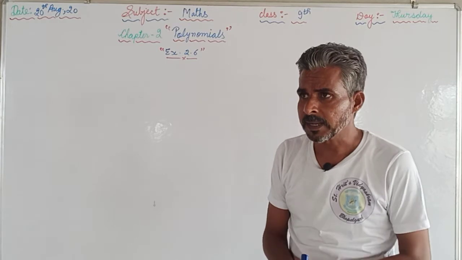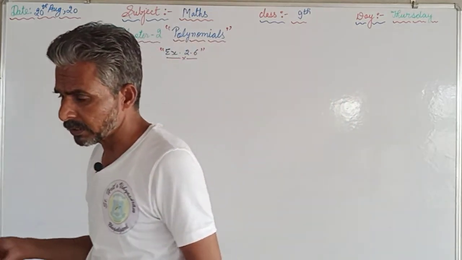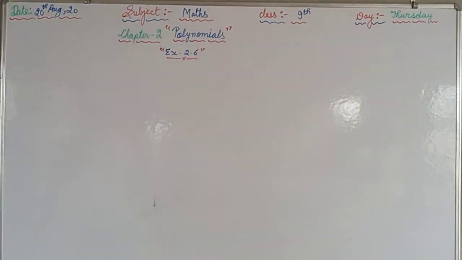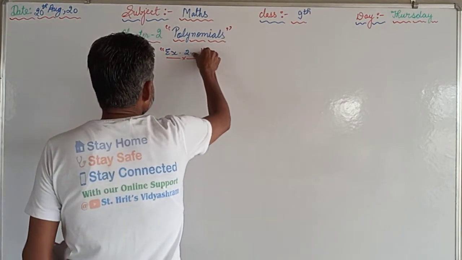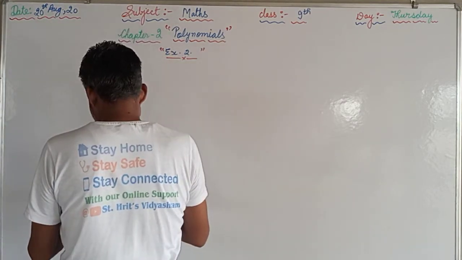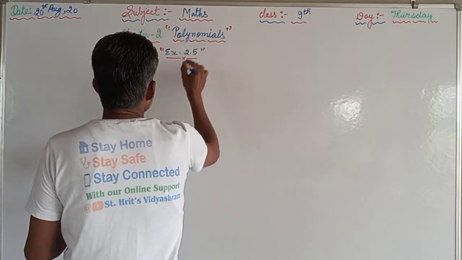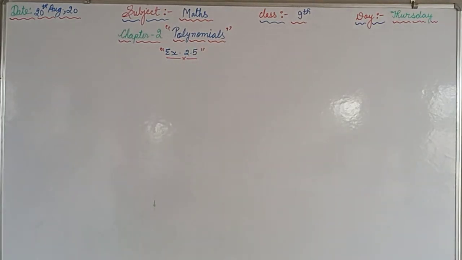This video is for class 9th and the subject is maths, and we are continuing the same chapter, chapter number 2, and the name of the chapter is polynomials. So we are proceeding with exercise 2.5, and we have already discussed up to question number 13. So today we will discuss question number 14,